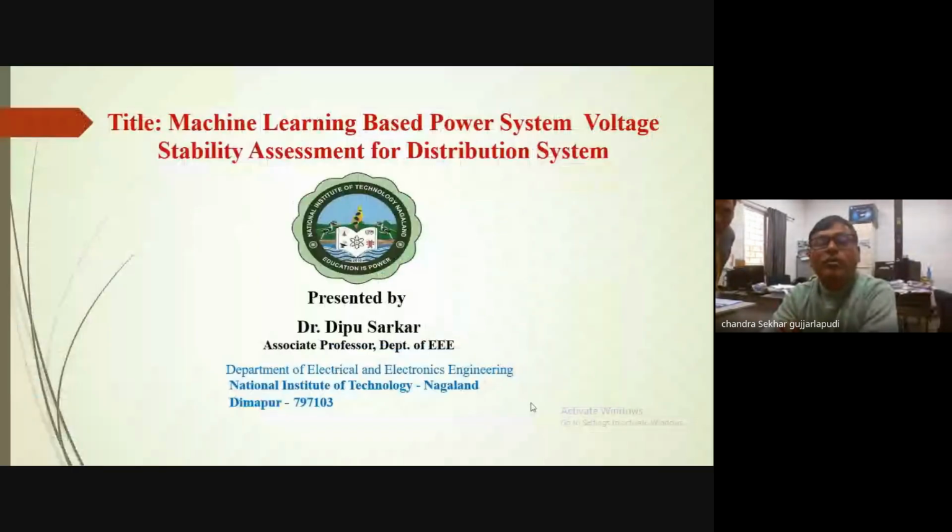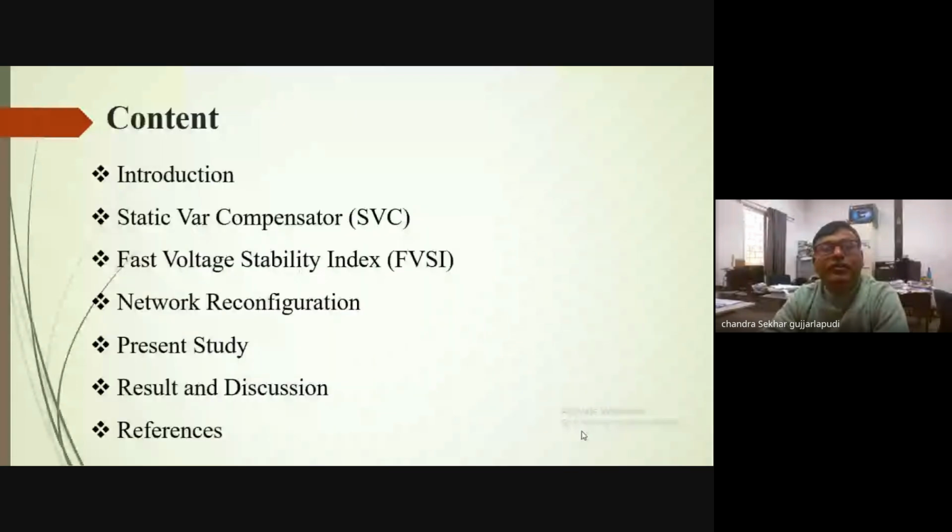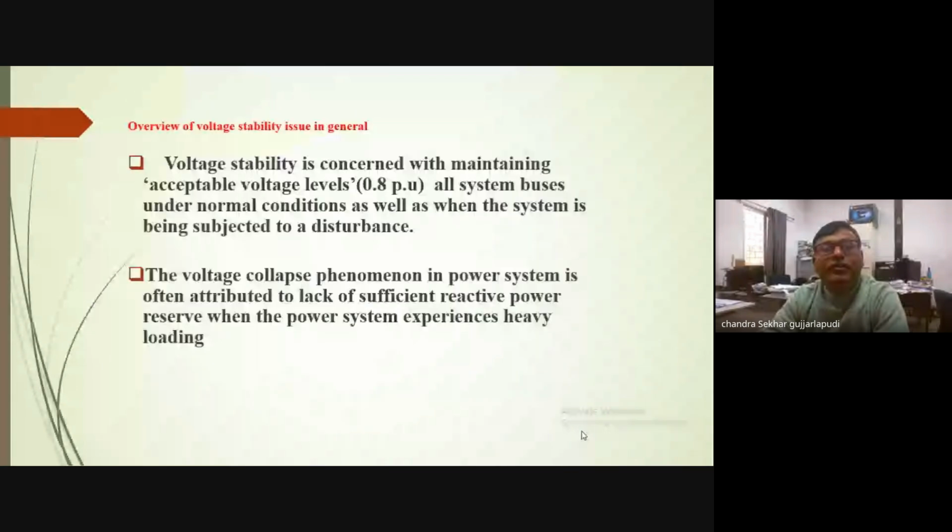Okay, so my topic is machine learning based power system voltage stability assessment for distribution systems. Before starting our topic, we have to know what voltage stability is and why it is important for power engineers. So voltage stability means